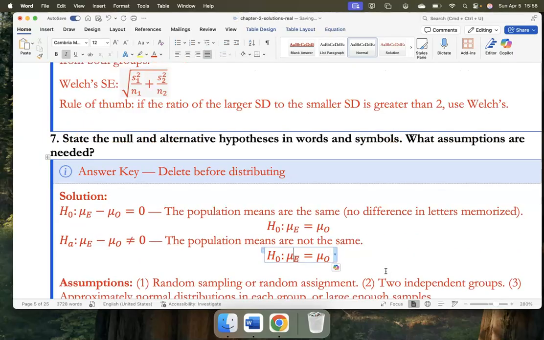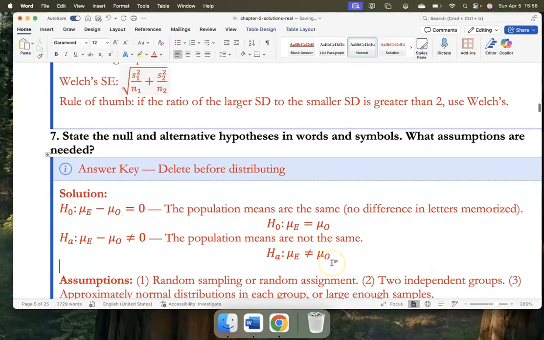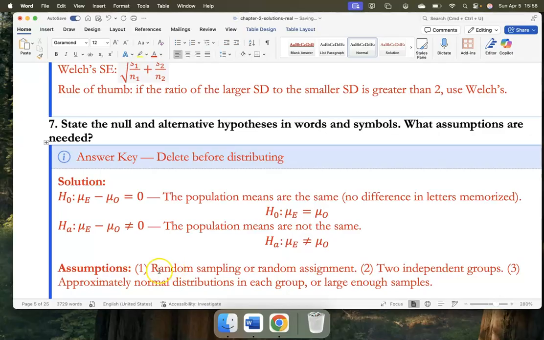If this was the alternative, we can say that mu E does not equal mu O. Okay? So with that being said,